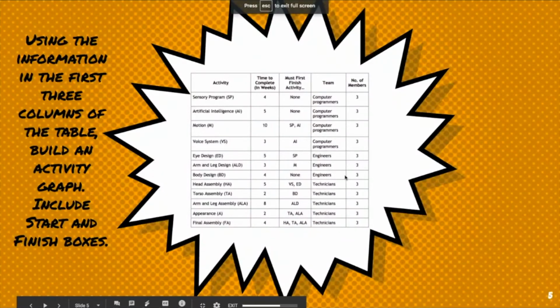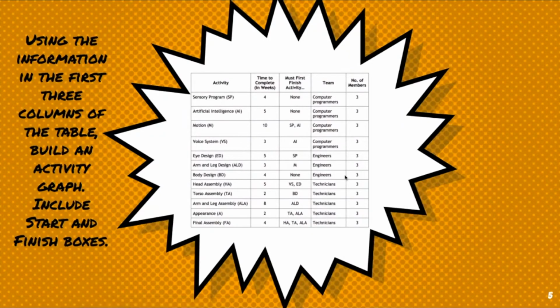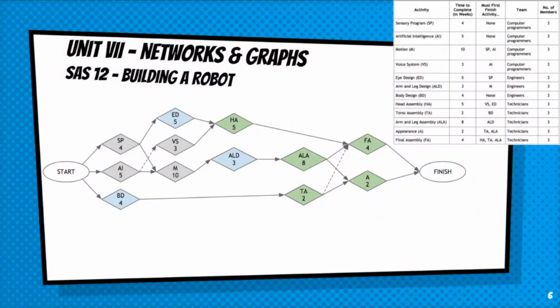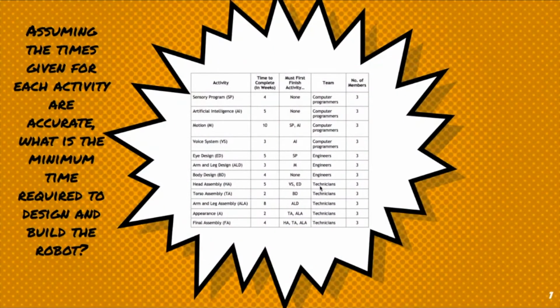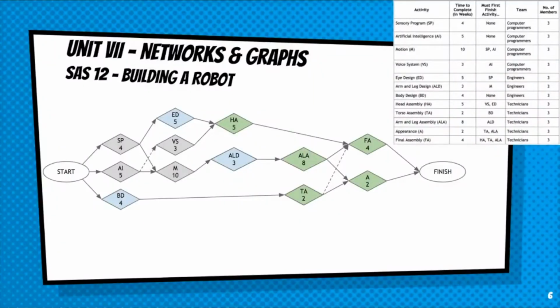Some of you are accustomed to work in progress, and that's exactly what we've done. We built the activity graph, and we have it all set up. The next question is, what is the minimum time required to design and build a robot? If you remember from yesterday's assignment, Student Activity Sheet 11 tells us that the pathway through the activity graph that takes the longest time